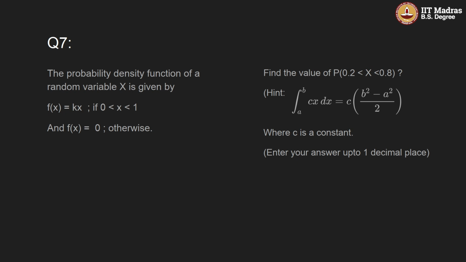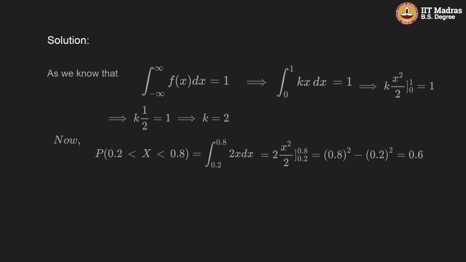The probability density function of a random variable x is given. We have been given the probability density function of some random variable x with limits 0 to 1, and f(x) is 0 otherwise. We have to find the value of the probability of x going from 0.2 to 0.8. Fine. So we know that the